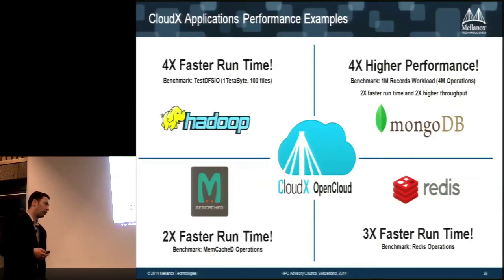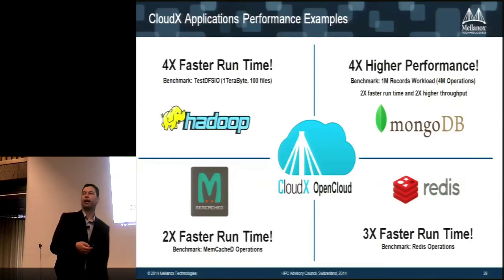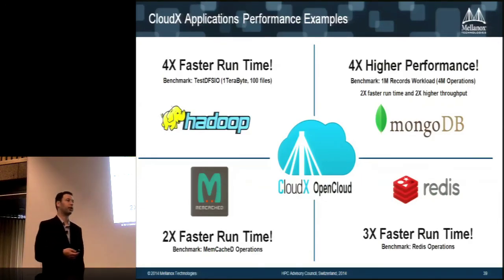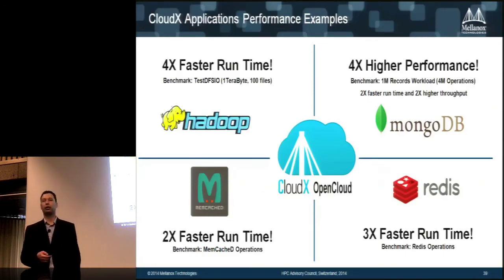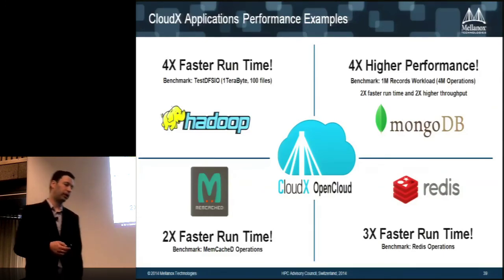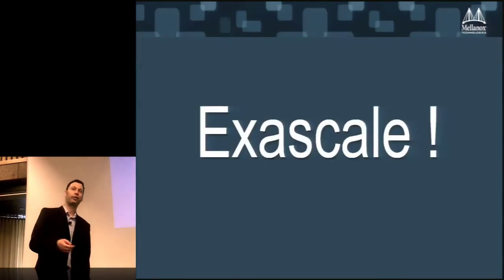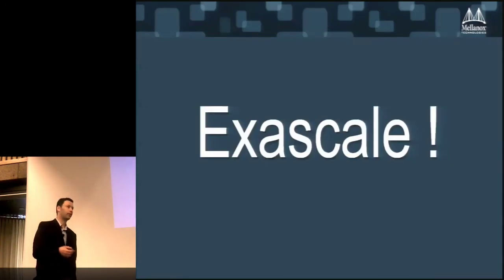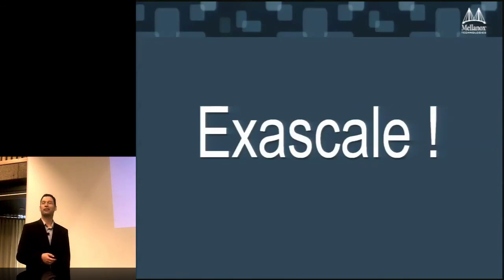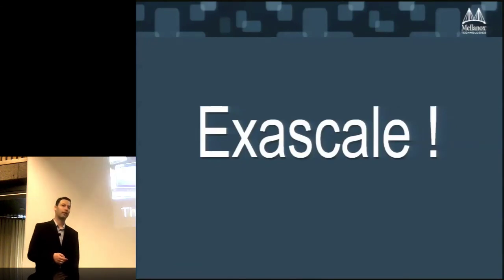So basically, we see a lot of value in having best-in-breed networking to optimize those cloud environments and big data environments. So that's pretty much it. I hope I gave you a lot of high-level ideas of things that we're doing and we will be doing, and we have interesting trends and a lot of work in front of all of us to get to exascale. Thank you.